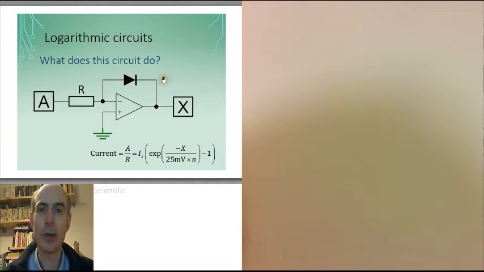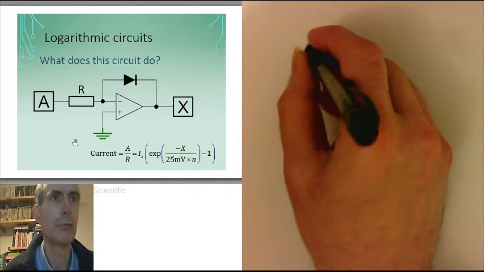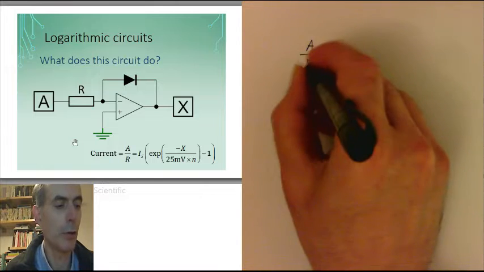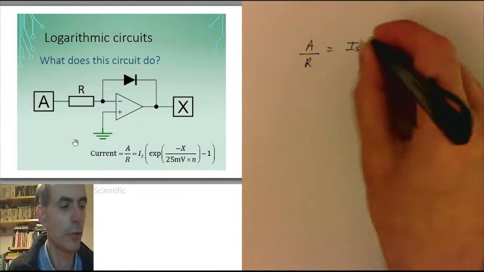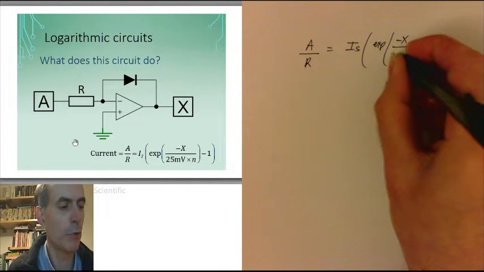Now we can use the Shockley equation to relate the current through the diode to the voltage across the diode, and note that the voltage across the diode is minus X, because at this side of the diode we have ground, 0 volts, at this side of the diode we have X, so the voltage across the diode will be 0 minus X. Put those expressions into the Shockley equation and we end up with this expression here, which means that we have A over R equals IS, the saturation current, times e to the power of minus x over 25 millivolts times